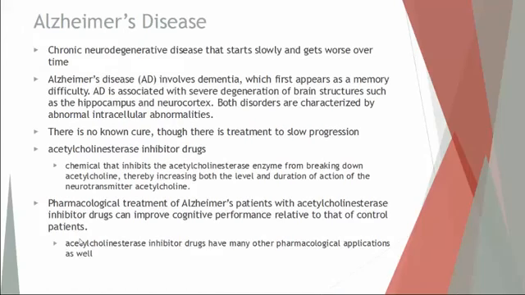All right, next we'll move on to Alzheimer's disease. This is a chronic neurodegenerative disease that starts slowly but can progress and become fatal, depending on how quickly it advances and how old that person is. Sometimes this is called AD for short, Alzheimer's disease. This will involve dementia at first, and in the beginning it just looks like you're being forgetful, having a senior moment, which is a commonly used phrase to describe it. But it's much more than that.